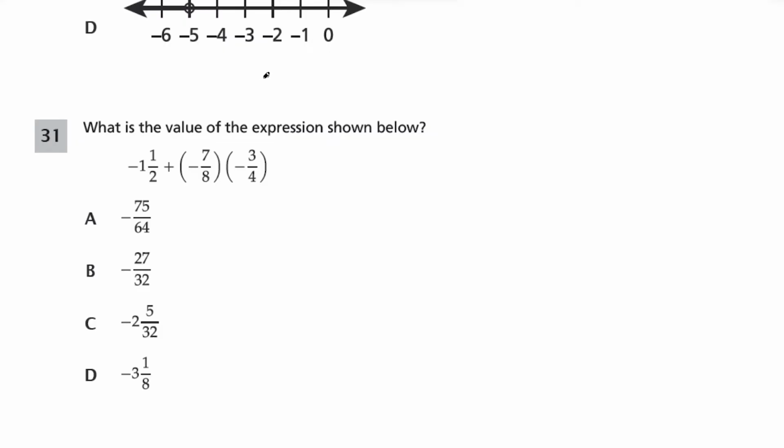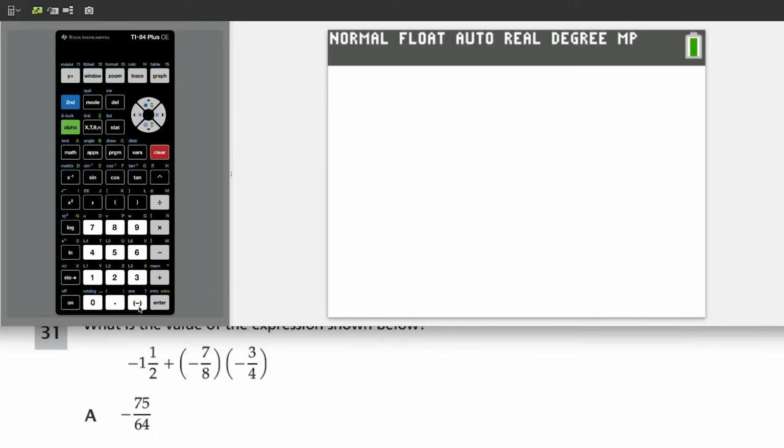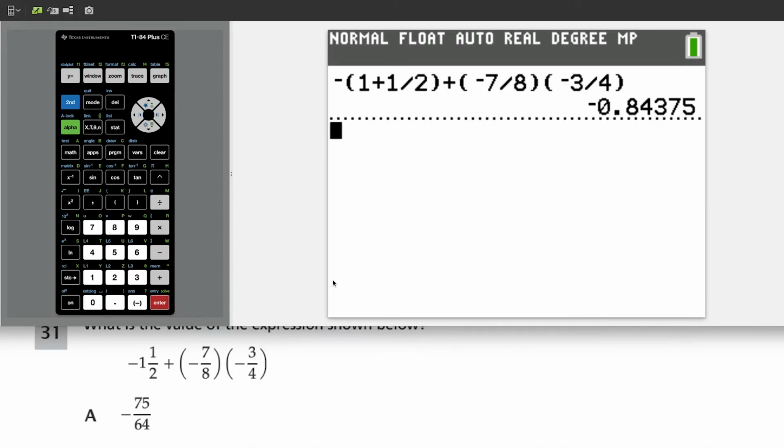Question 31, what is the value of the expression shown below? So let's type this in. -1.5, I could put a negative here, and then parentheses 1 plus a half. And then I close the parentheses, and then we have plus. In the next set of parentheses, we have -7/8. And then we're multiplying by -3/4. So I do this, I press enter, and notice that I have a decimal that's pretty close to -1, but